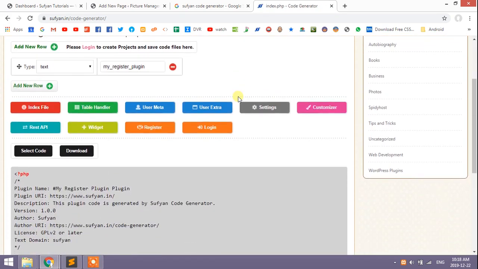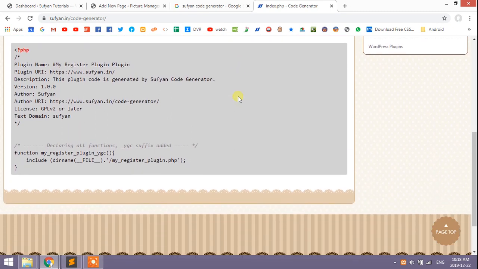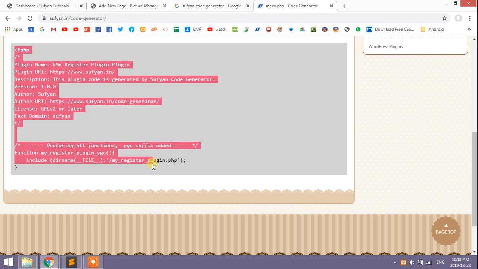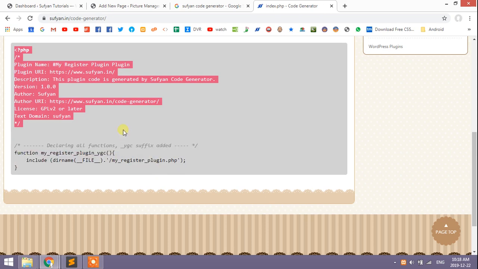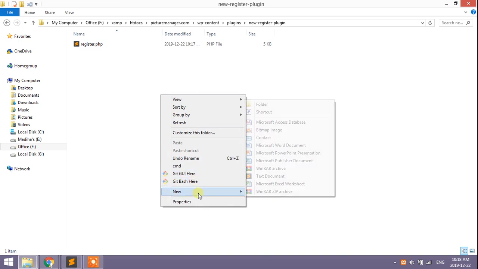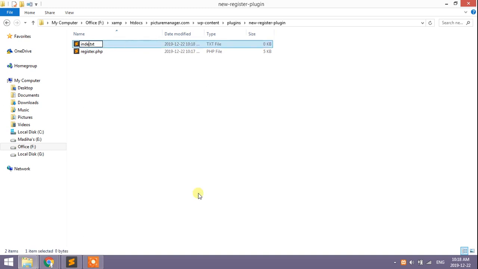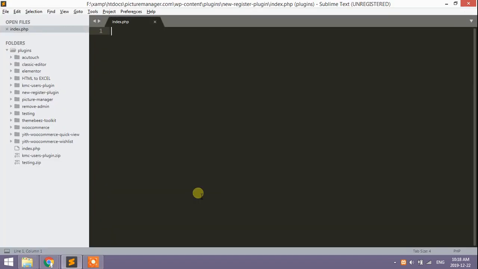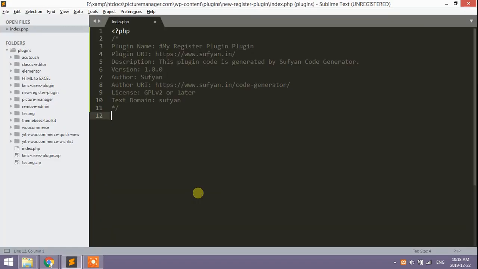So this is index.php. Copy this code. Actually this one is not needed. Create index.php and paste this one.